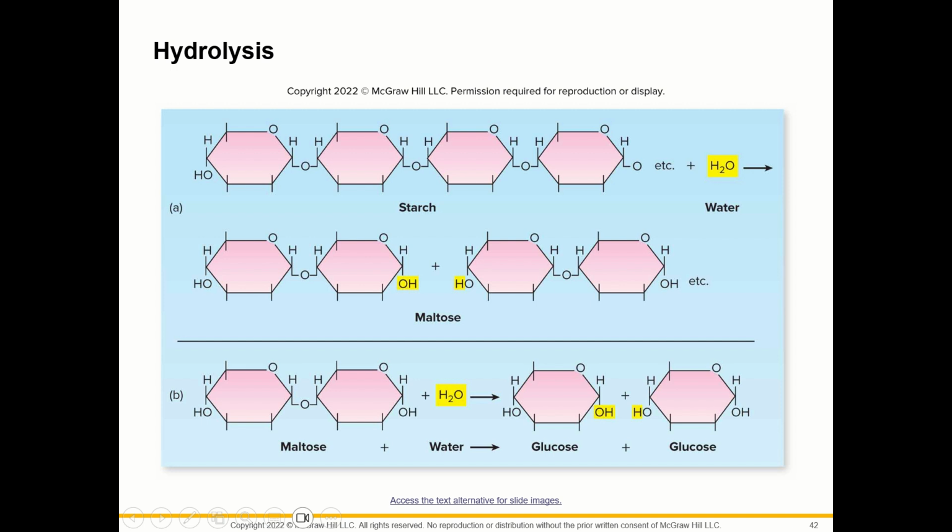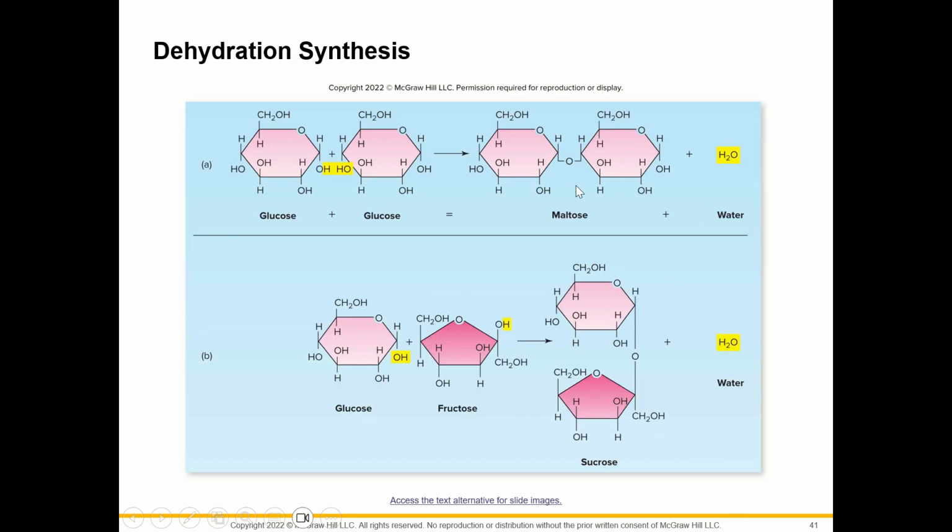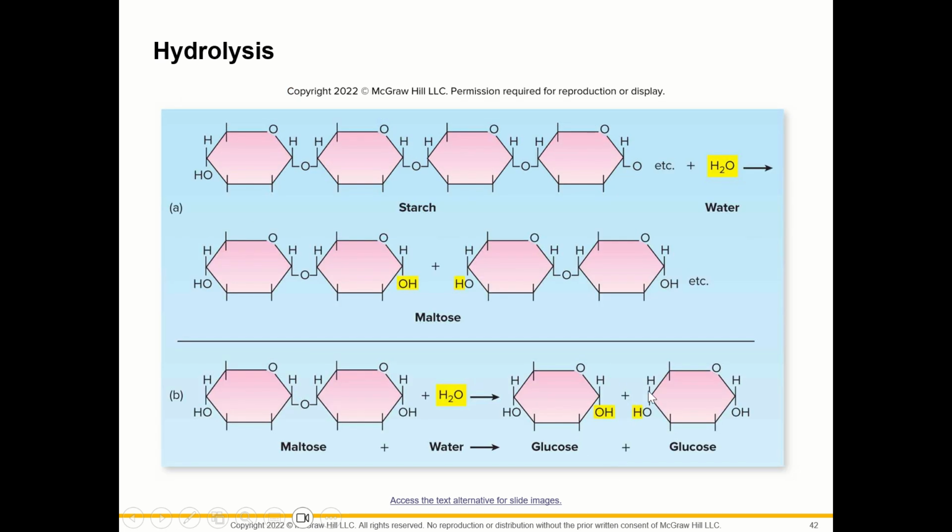Notice that as the covalent bond between the subunit breaks, a molecule of water is split. In this way, the hydrogen atom and the hydroxyl group from the water are added to the ends of the released subunit. So basically, we've just gone back to where we started with the hydroxyl groups in those corners of the glucose. If we go back here to figure 2.16, where the glucose molecules are joined, you can see that hydroxyl groups join to each other. I always think of OHO. And so then we end with OHO once more when we do hydrolysis and split those